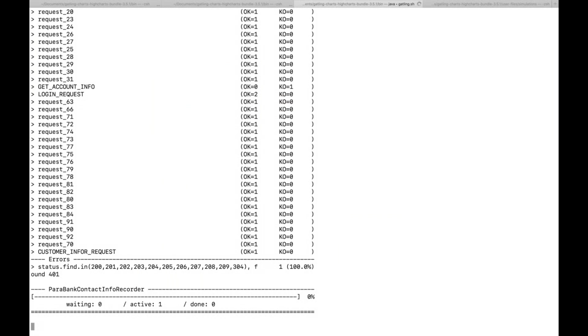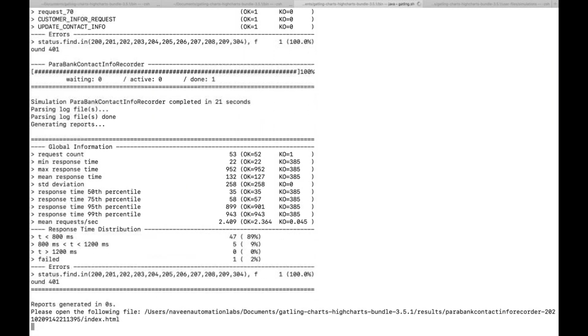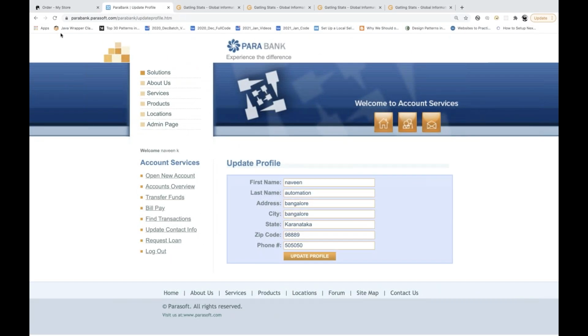And guys, everything we are running only with one single user. Okay, so it got updated, everything is fine. Let's refresh this page, it should show you Pune and Maharashtra. See this. This is really, really awesome, don't you think so? And so easy to maintain, so easy to manage. It's much better, in fact much simpler, as compared to JMeter. Sorry.